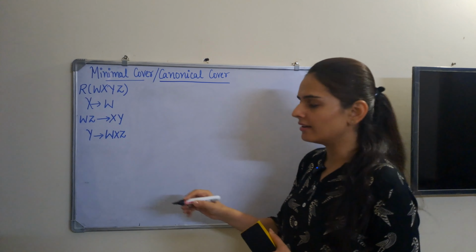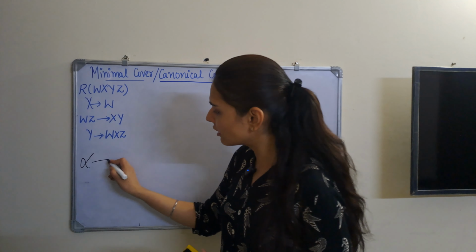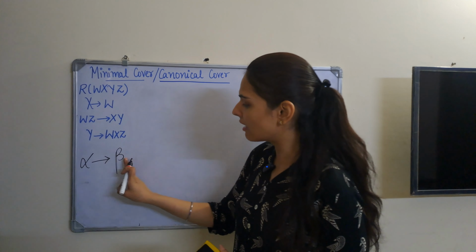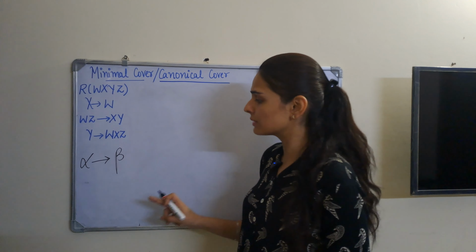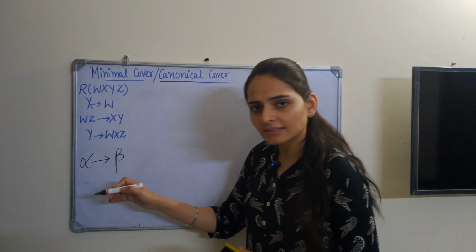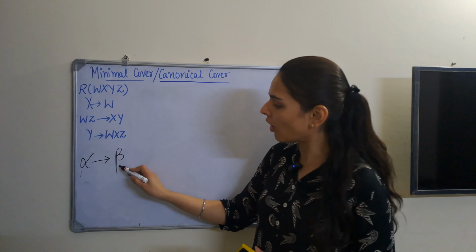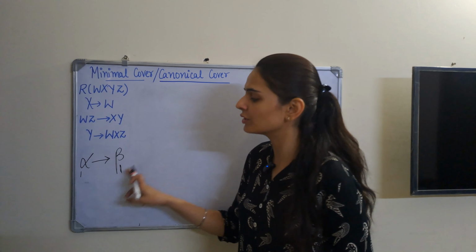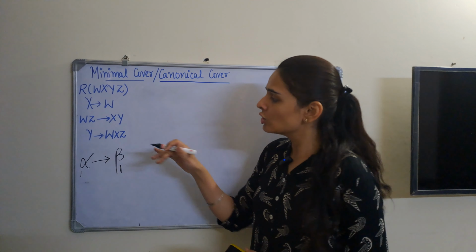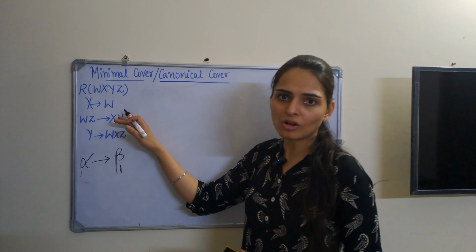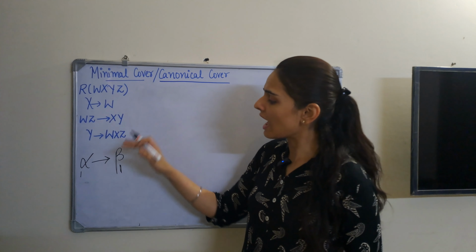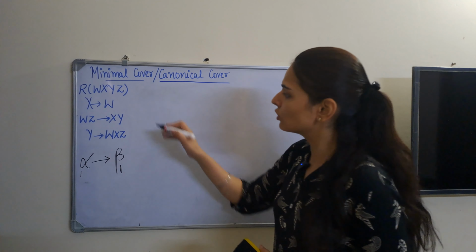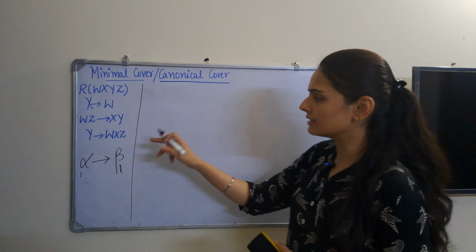When we say redundancy, it means that when we have a functional dependency from alpha to beta, where alpha and beta can be sets of attributes, there can be redundancy on the left hand side, or on the right hand side, or the entire functional dependency might be redundant. So when we find the minimal cover of this set of functional dependencies, we have to eliminate all three possible cases of redundancy. Let's see how we can do that with this example.